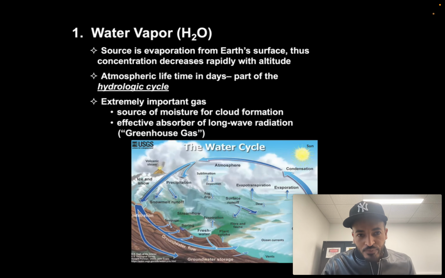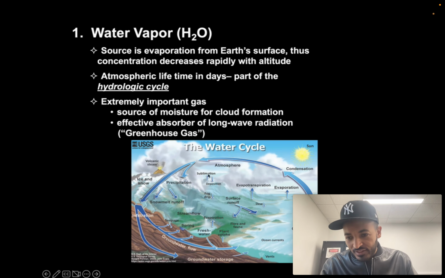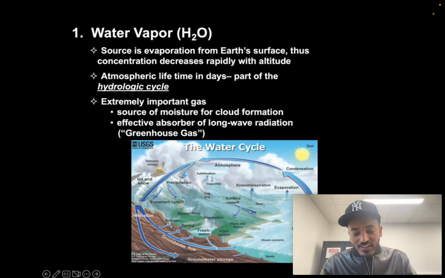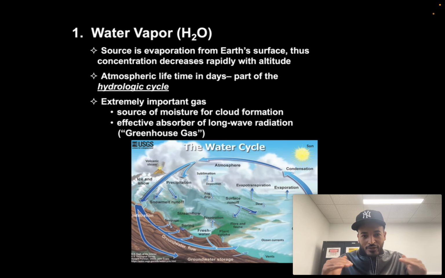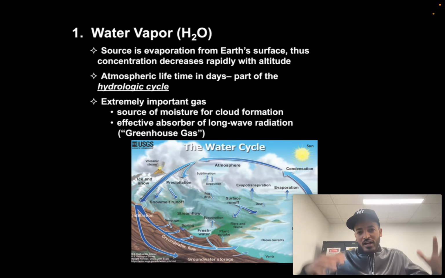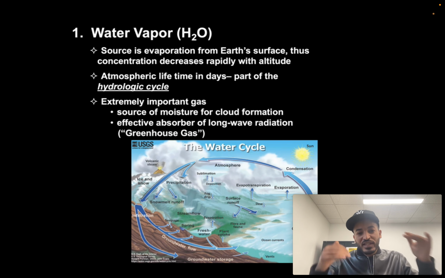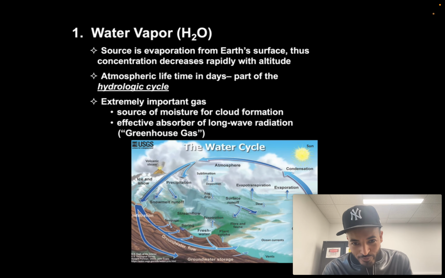So just to tell you why the greenhouse effect is very important: it maintains a constant temperature. It makes sure that the planet has a reasonable temperature to sustain life. Without these greenhouse gases, the atmosphere would be very cold, so it would be very difficult to sustain life on Earth. So we need these greenhouse gases, but as I'll show you in the next slide,